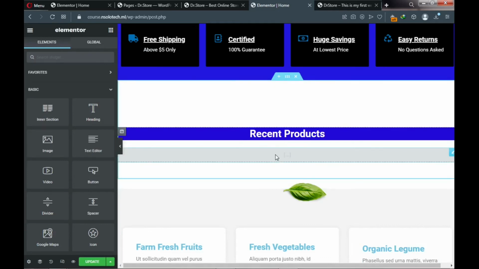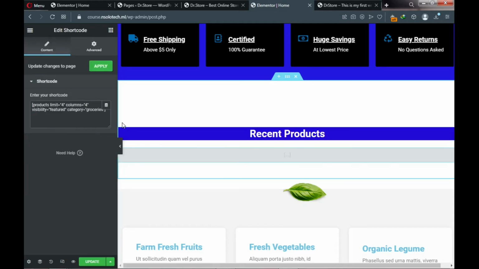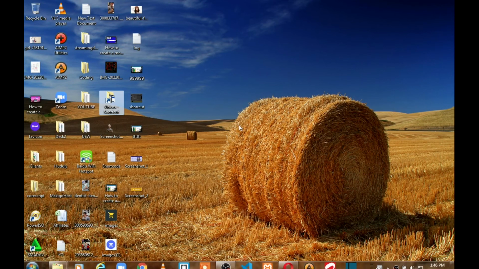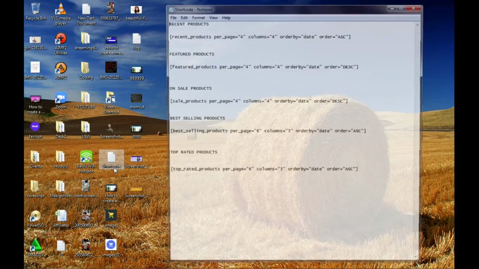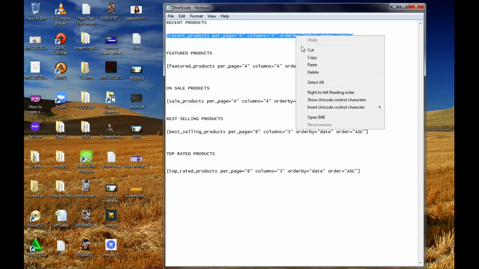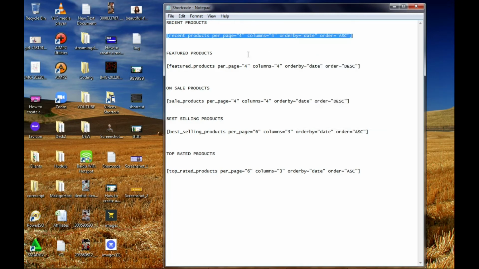Next, we need to paste some code here. Okay, so we need to paste a code, and anytime a recent product is added or a new product is added to the website, it will be displayed here, and that is the recent product. So I have a code in the description, so make sure you copy that code. Okay, it's actually a file. Download the file,